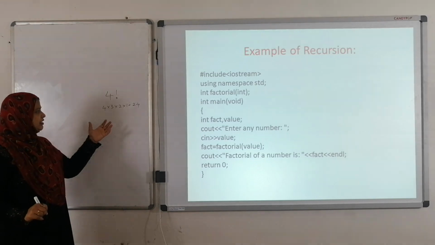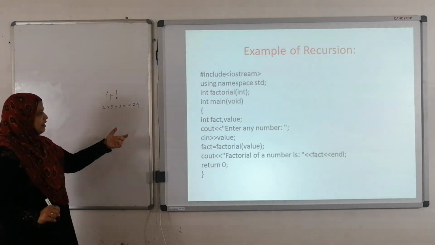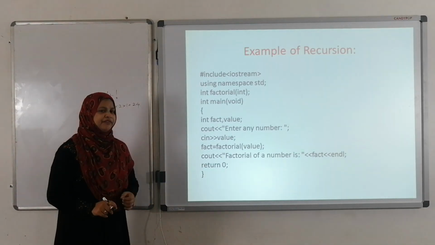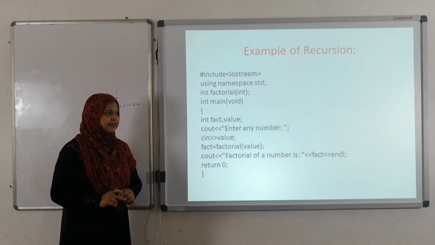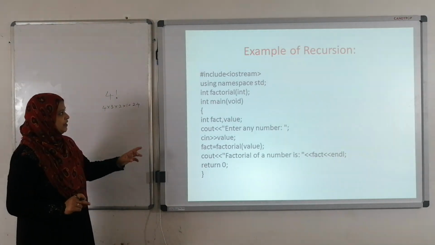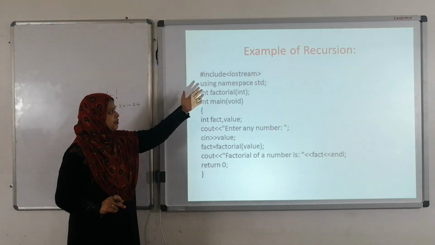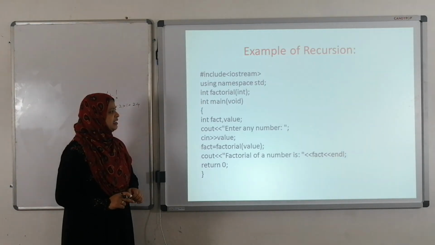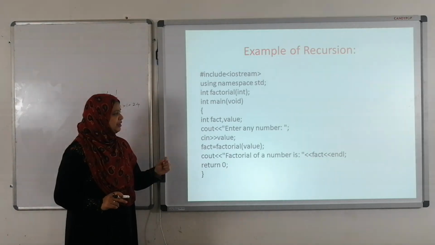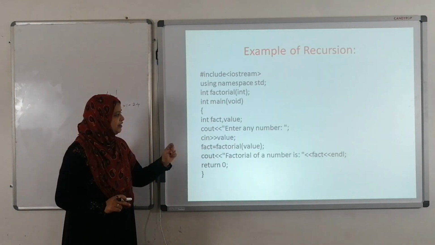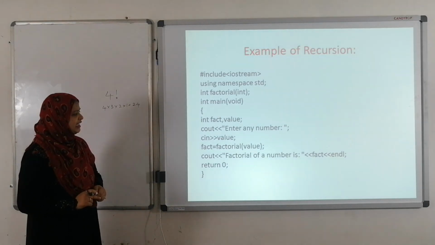Whenever we want to find the value of 4 factorial, we are going to use this program. See here, first #include <iostream.h>. This is the header file. We are just including iostream.h in our program. Then int main. Here I am going to define two variables. One is fact, one is value.